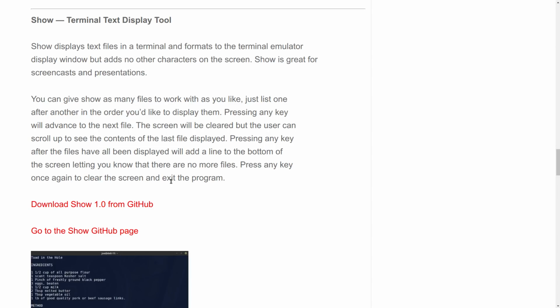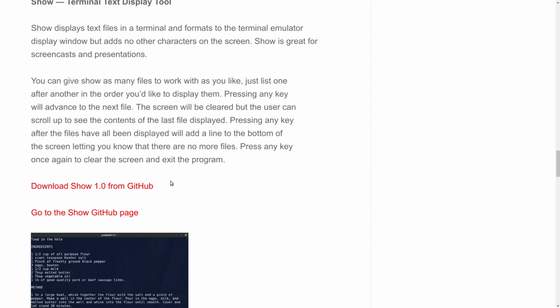All right, moving on, we're taking a look at a program called Show, which I actually used in the very beginning of this video to show you that little warning script, that little text there. This was written out of necessity. At one point in time, I was doing videos on an old eMachine with a single core Celeron Intel processor and 2 gigabytes of RAM. And it didn't have much video capability. But I was actually able to record videos showing people how to do things in the terminal on that machine.